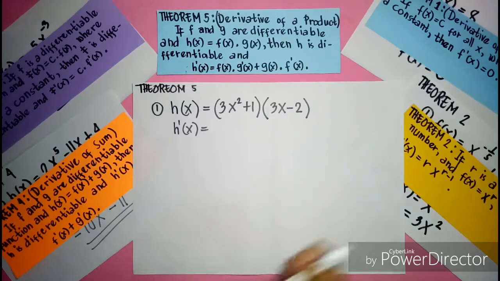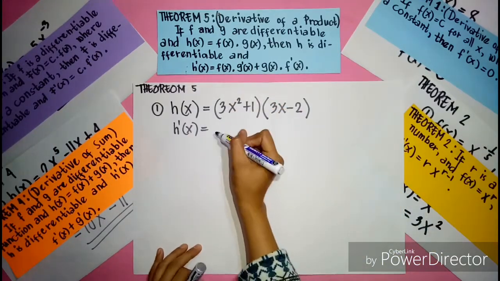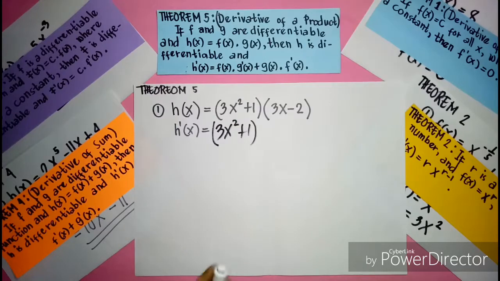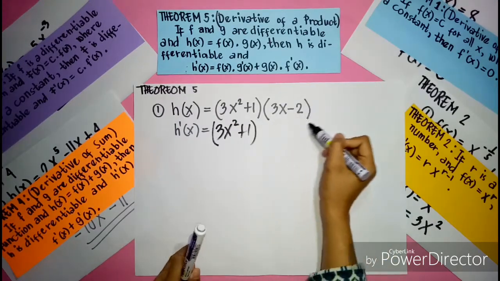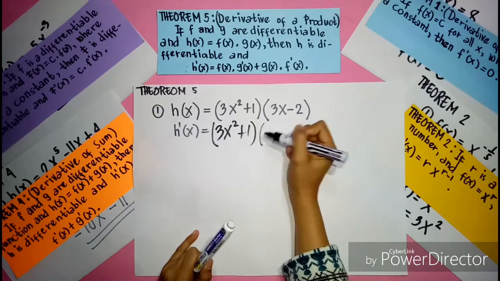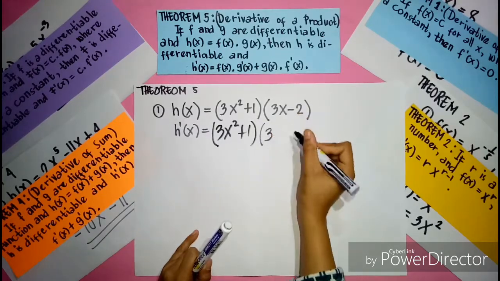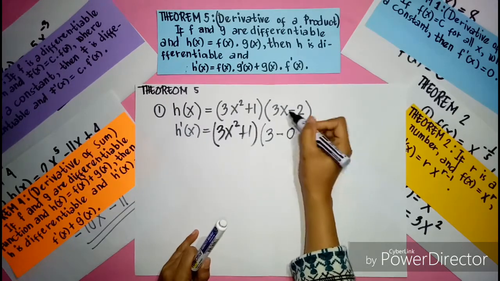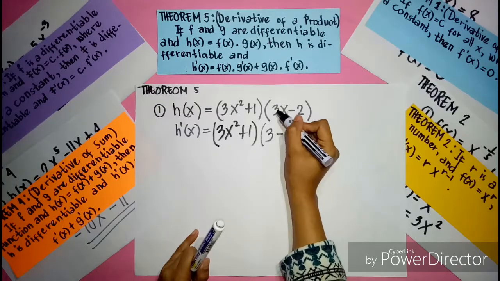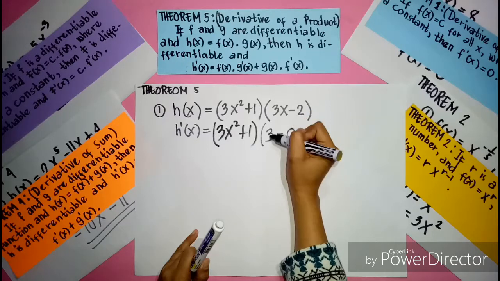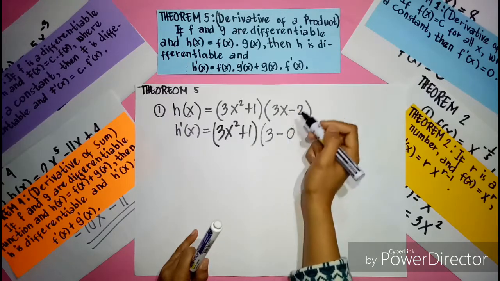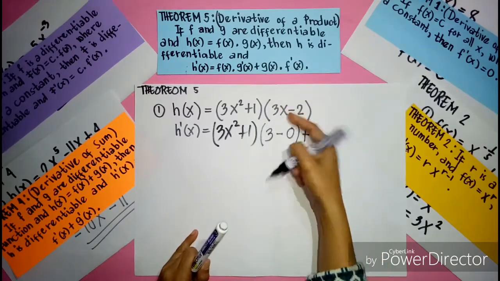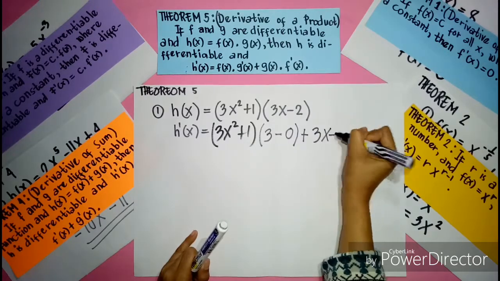So the derivative is, you rewrite the f of x, so we have 3x squared plus 1 times the derivative of g of x, which is 3 minus, this one is just a constant, so 0, and this is 3 because you bring down the exponent 1, so 1 times 3 is just 3, then x raised to the power of 0 is just 1, so 1 times 3 is just 3, plus the g of x, which is 3x minus 2,